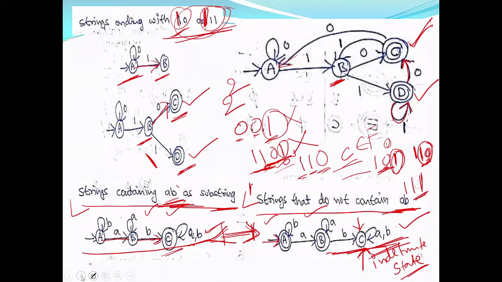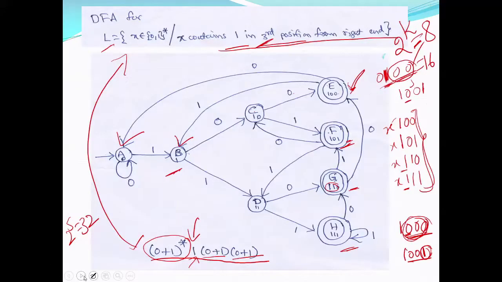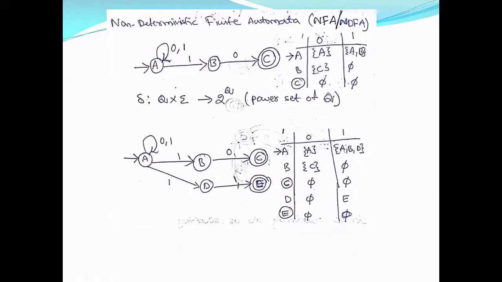When it is k, it is 2 power k. That you have to remember. Sometimes they'll ask you what is the minimum number of states required for this type of language. It is 2 power k. If this is k, then you require 2 power k states. Less than that is not possible, for any DFA. So that's all about DFA. You can design any number of DFAs.